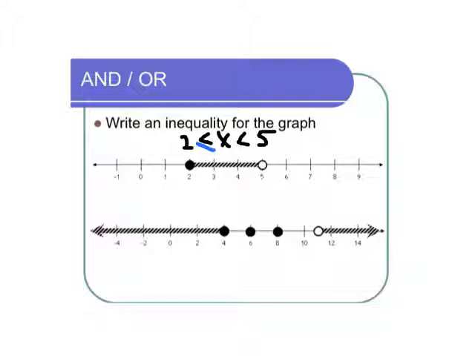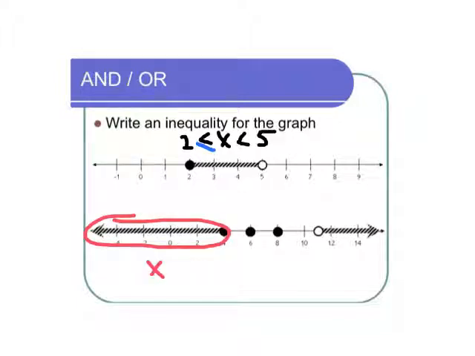The bottom graph there is a little more complicated. At its heart, it's kind of an OR situation. I got 2 major regions of numbers, numbers that are smaller than 4 and numbers that are bigger than 11. I also have a few random dots in the middle that are options to be solutions as well. So when you've got lots of different options like that, you separate each of those different options with ORs. And so this first chunk,